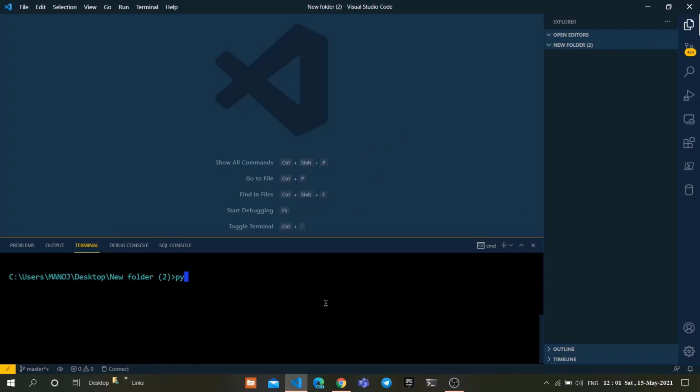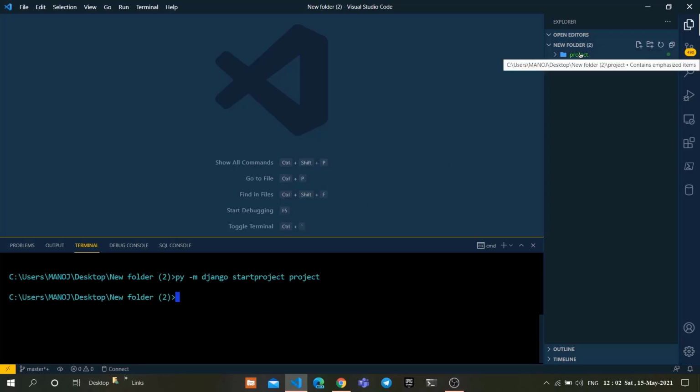we need to check whether Django was installed on our local machine or not. For that, the command is as follows: py -m django --version. I am using 3.0.5 on my local machine. So I am going to create a new Django project by using the command python -m django-admin startproject, followed by the project name. As of now I'm using "project" as my project name. You can give it your personal choice.